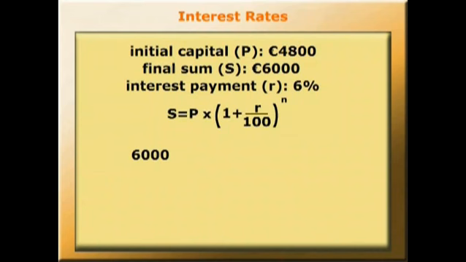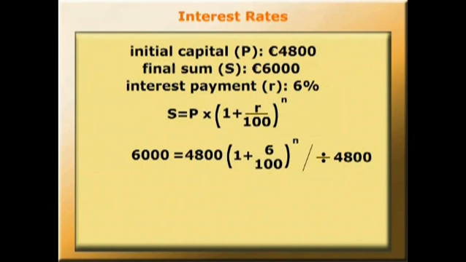So 6,000, the amount we require, equals 4,800, the amount in the bank at the moment, times (1 plus 6 over 100), because we're assuming an interest rate of 6%, to the power n, where n is the unknown. Now the best way to solve for n is to use logs, and we'll use logs to the base 10. So let's first of all divide both sides by 4,800 to get rid of that term 4,800 on the right hand side, and then we'll get